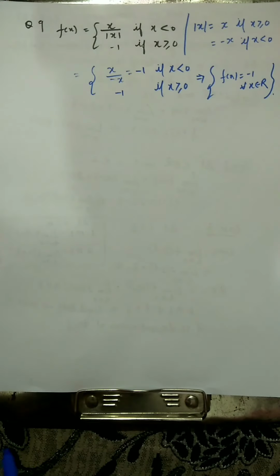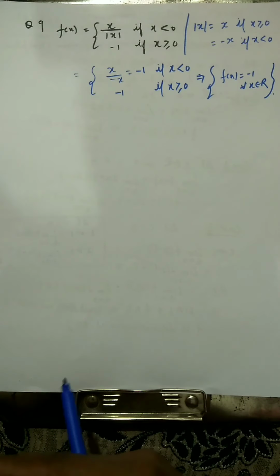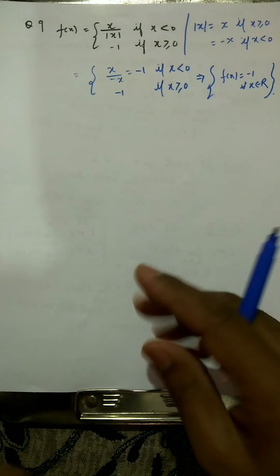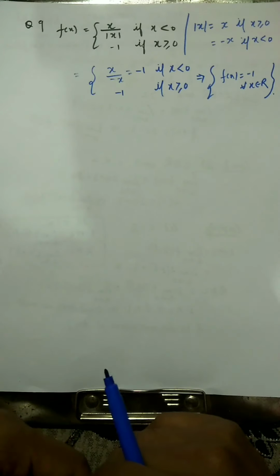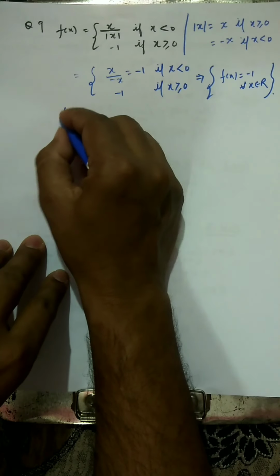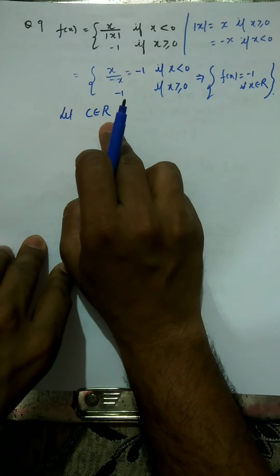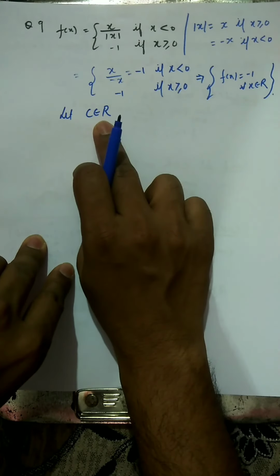And now you see that your function is a constant function, and constant functions are always continuous. So this is actually y equal to minus 1. So this is a straight line parallel to the x-axis, so that has to be continuous. But now we have to show that it is continuous. So now we are not taking c less than 2 or greater than 2 as we have done in the previous question. Now we'll take simply c belongs to R. C belongs to R means this is a point of the domain, because the domain is the real numbers. So I have taken that c belongs to R.